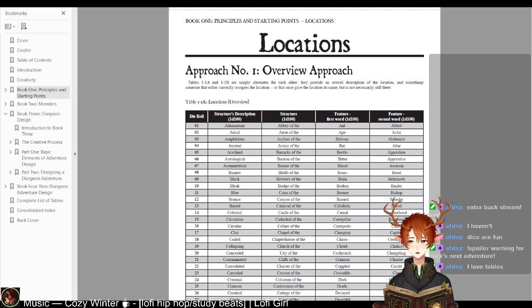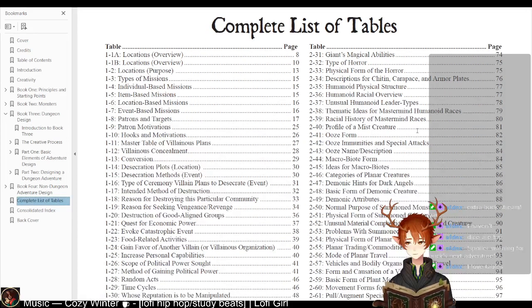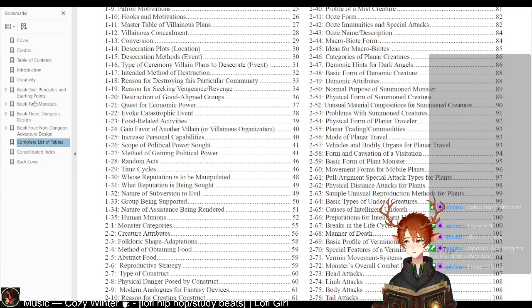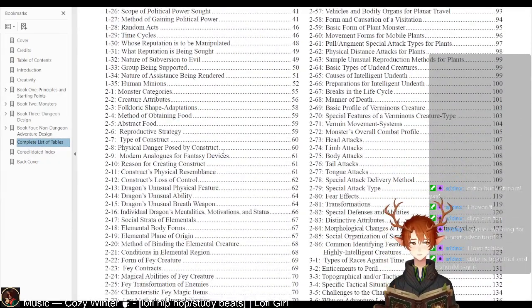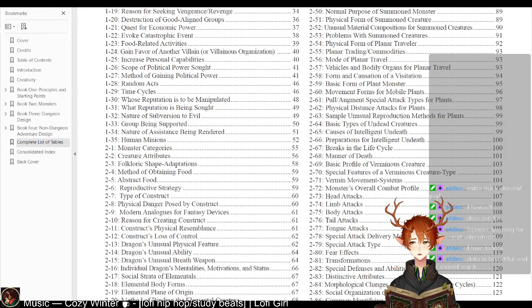But yeah, tables are so good, and this book has so many tables. It's made up of 4 sub books. There's principles and starting points, monsters, dungeon design, non-dungeon adventure design, and each of them has dozens and dozens of tables. So let's start off. Oh, where's a good place to start? We could start with the...